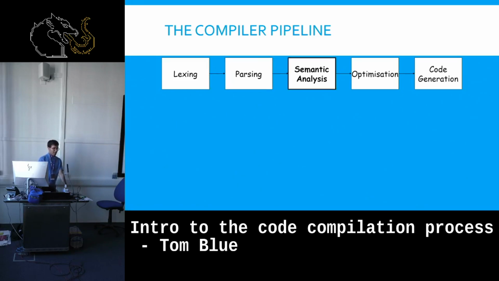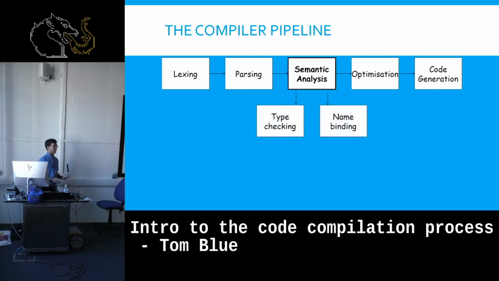The next step is semantic analysis. There is a lot to it, too much to cover in half an hour. But two of the main things that happen during semantic analysis are what's called type checking and name binding. Semantic analysis is where you take the syntax trees that the parser spits out, and verify that